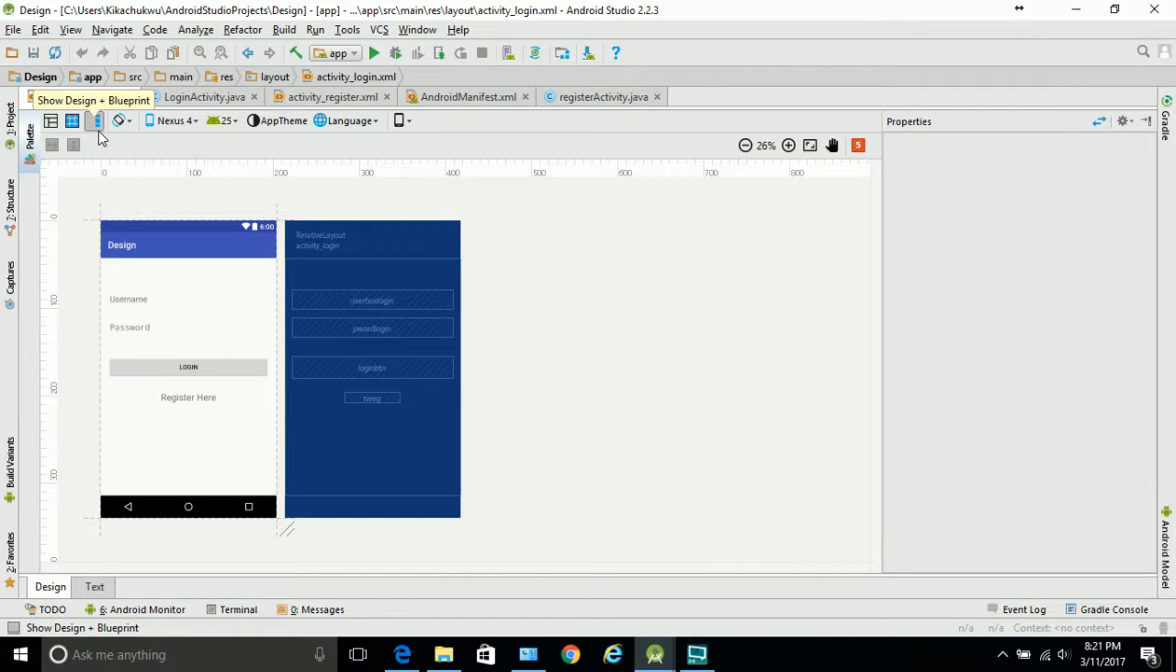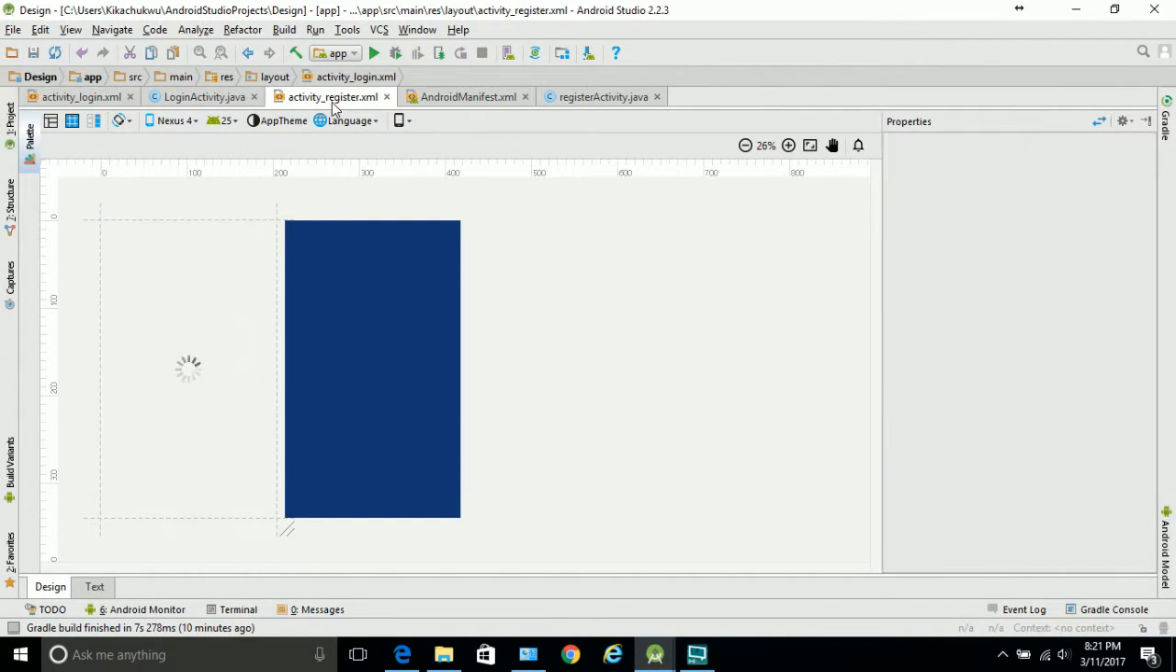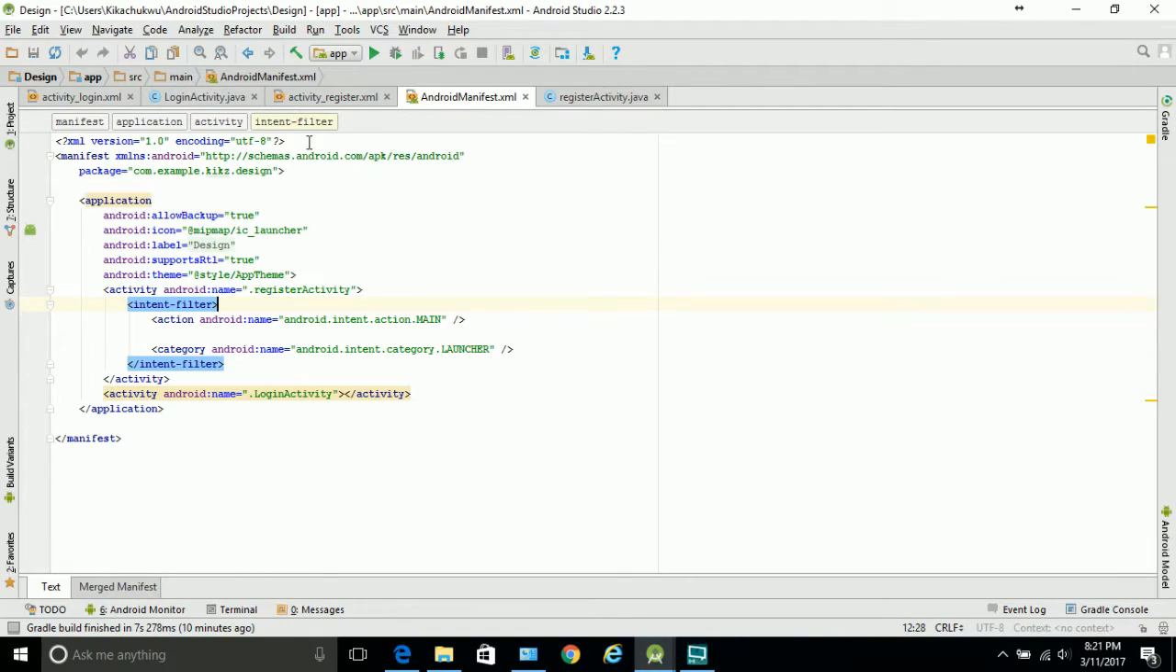So in our last tutorial, what we did was we designed a login form, this one, and a register form also, which is this. So in this tutorial, what we're going to do is link these forms, like we're going to make the buttons